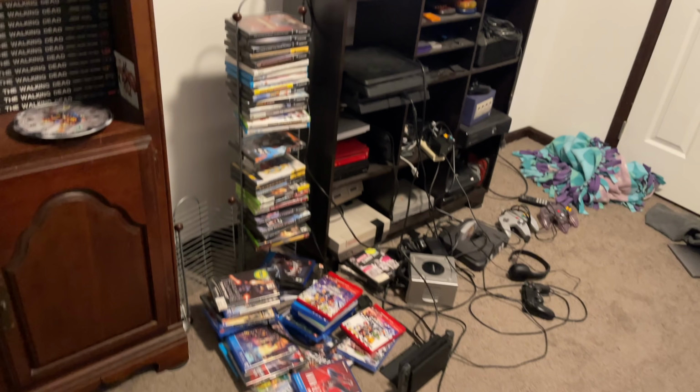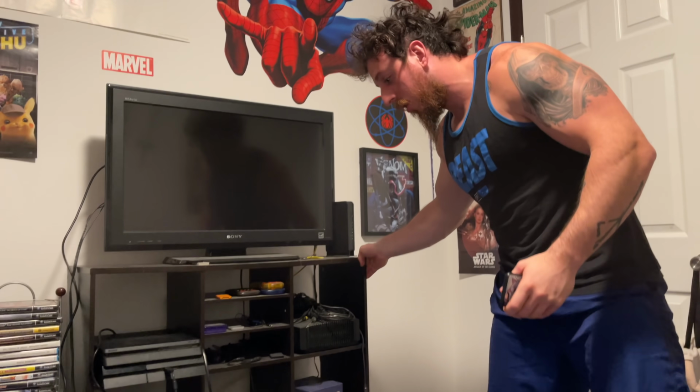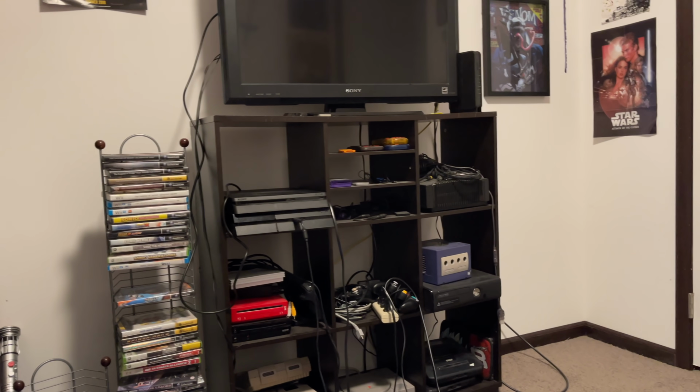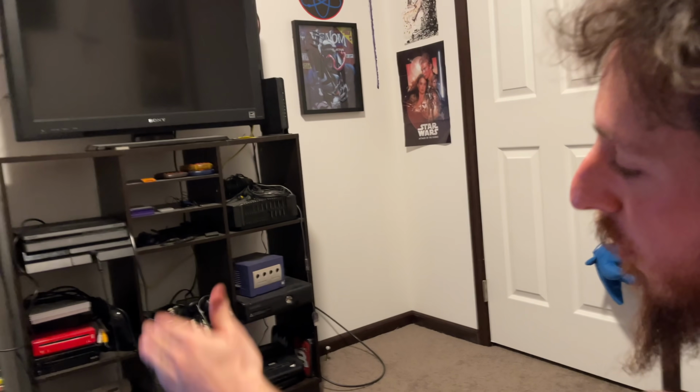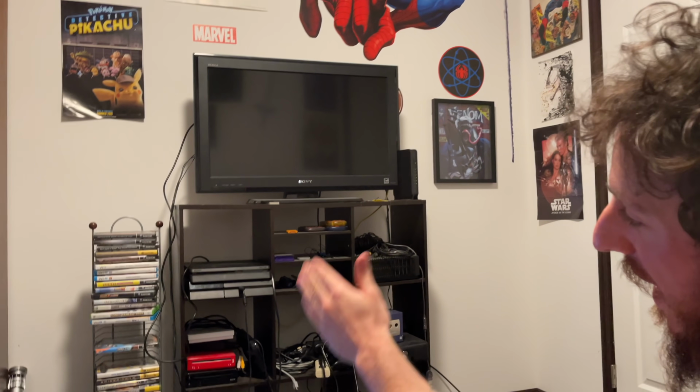I'm dealing with this stand, right? Legit, this looks like an earthquake right here. This can fall any second. So what I want is an area where I can store the video games, because obviously this is a mess right here. It was nice, but my cats like to go behind that and then knock everything over,